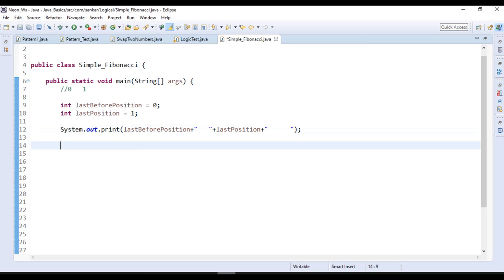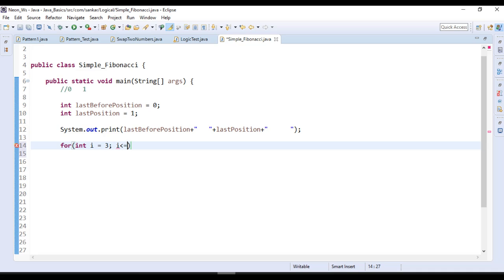So now we need to perform the sum. With the help of the looping concept we can perform that. Before that we will write a for loop, meaning up to how many elements we need to print. For that purpose we are writing this for loop. Int i is equal to, tell me here, we already printed two numbers, position number 1 and position number 2, so we need to start from position number 3, right? So the condition is where we need to print up to.